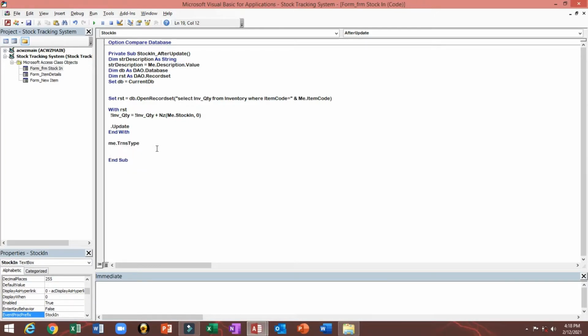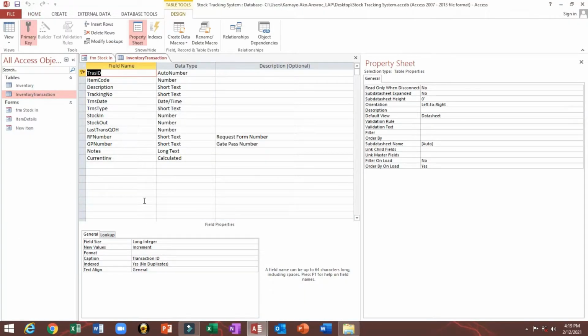me.transaction type equal stock in, then me.transaction date equal now. So meaning we will stamp the transaction type, which is stock in, and transaction date, whatever the current date and time. Again, to make sure here, stock in. Okay,